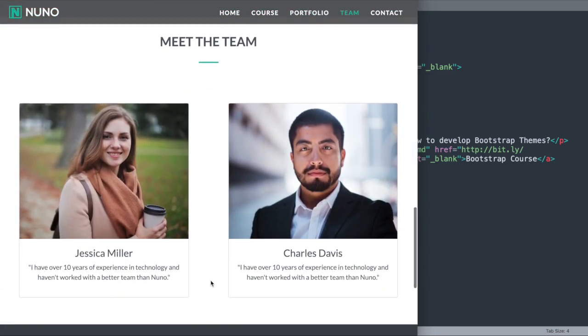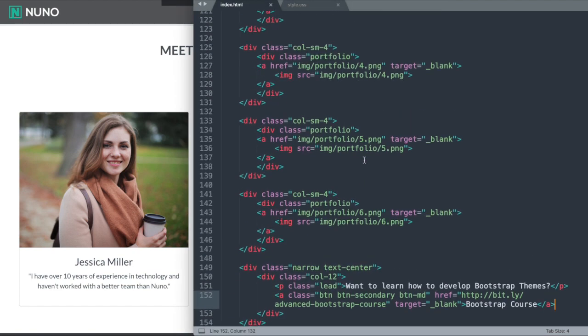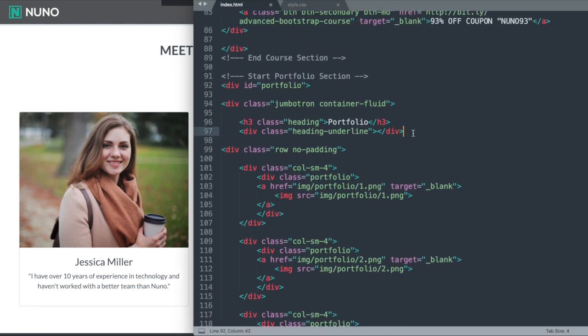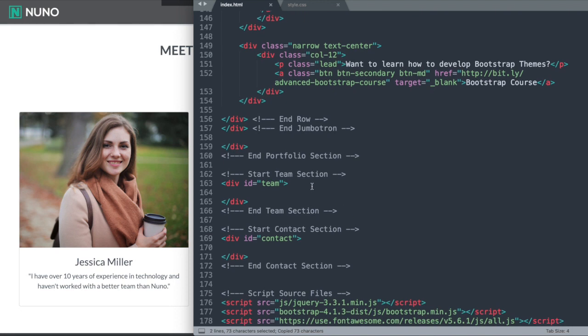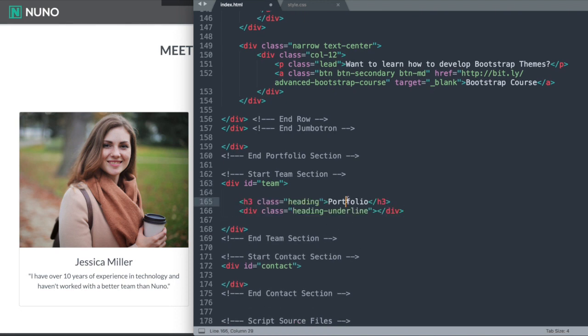So let's drop down and let's just finish off the HTML content before we go over to style.css, and let's move on to the team section of the website, where we'll have a heading that's very similar, almost exactly the same as the portfolio heading, except for we'll just change the text to reflect the team part of the website. So we'll say h3 class heading team,